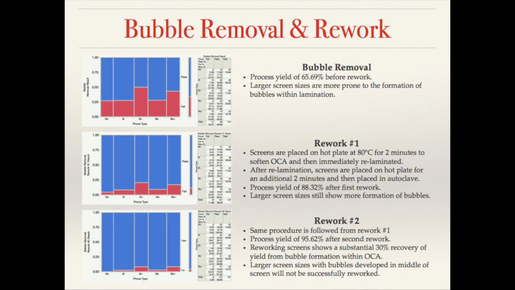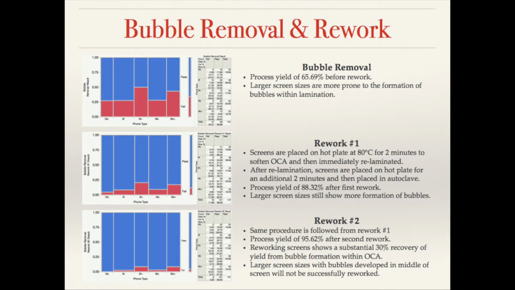Initial bubble removal yield rates were very low at a first pass yield rate of around 66%. It was found that larger screens had a much larger chance of developing failures due to bubbles versus their smaller screen counterparts. This is due to bubbles having to travel further within the OCA to reach the edges of the screen to be released. From the initial first pass yield rate, it was apparent something had to be done to